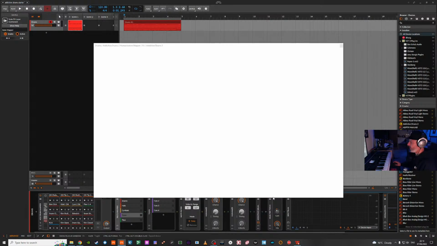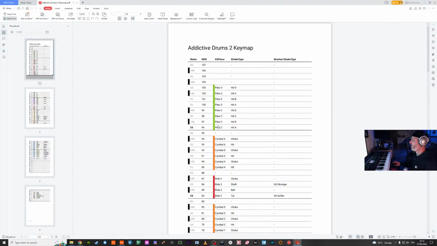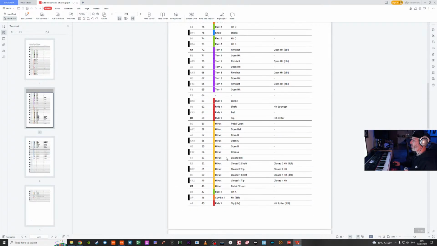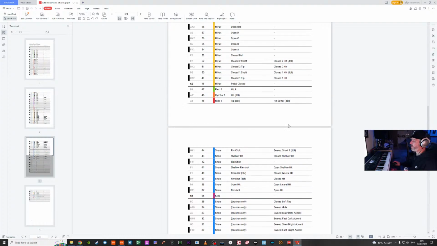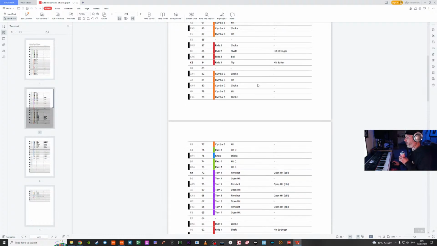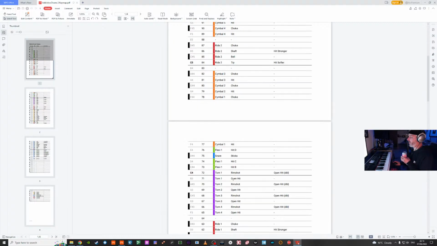Oh, here it is. You can open up the Keymap from Addictive Drums here, and it'll load a file that shows you how to name everything. I did all this in Cubase once before as well. I just went through and named a drum map file according to all of this, and that's basically how I named all of the drum pads in the Bitwig drum machine. And then